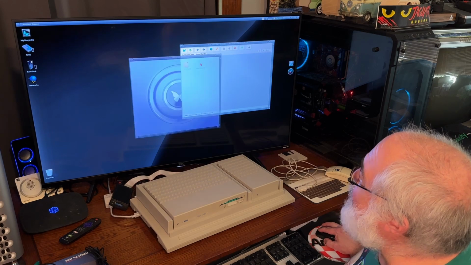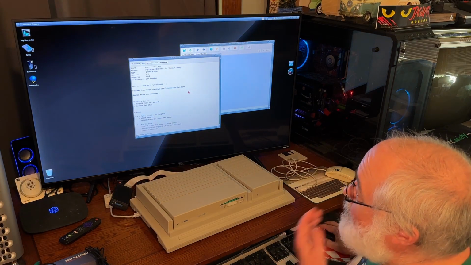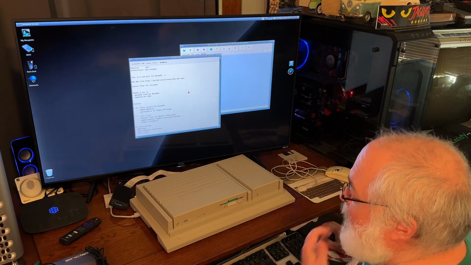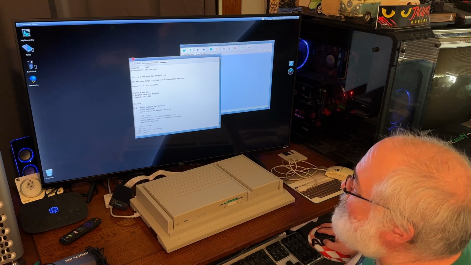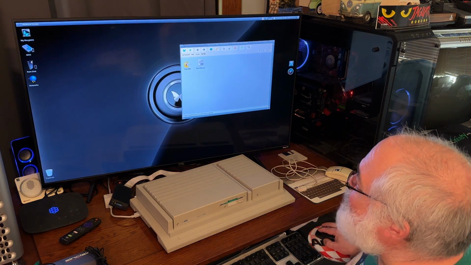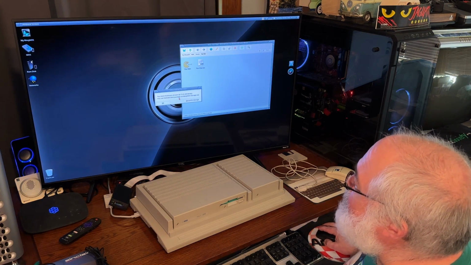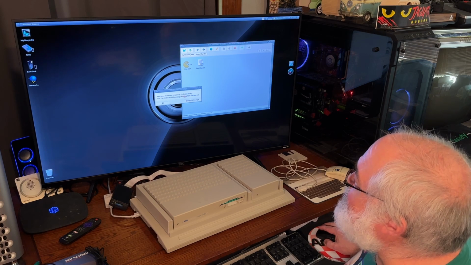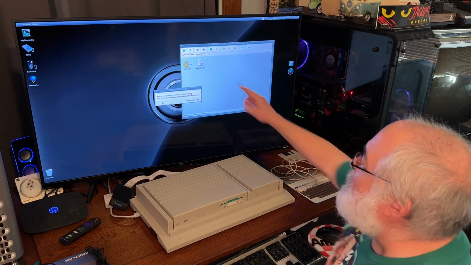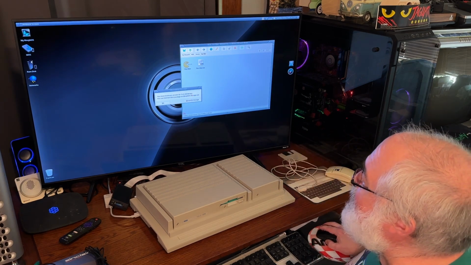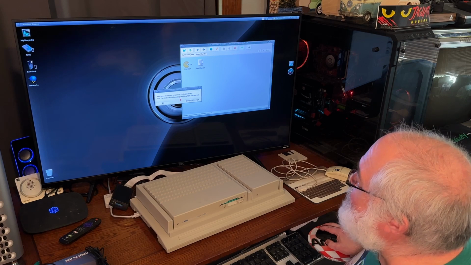Should we read the text file first? SDL2. I don't know if this is going to work or not, but anyway, there's not much in here. Let's just double click on it and see what it does. Pac-Man. You need minimum version 53.17 of SDL2. That's probably what that was saying. You can find the latest SDL2 package on morphostorage.net. Okay, so